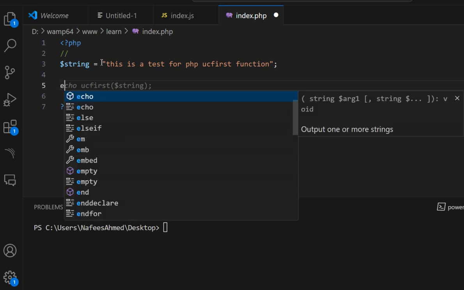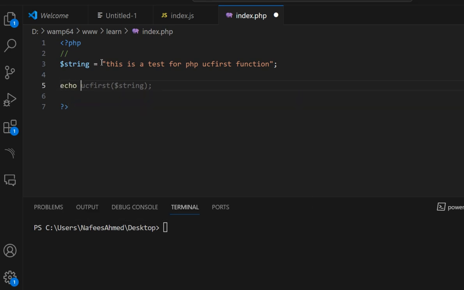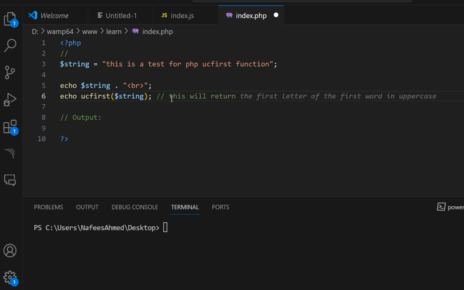Okay, now echo $string, echo ucfirst. So output is... this will return the first letter